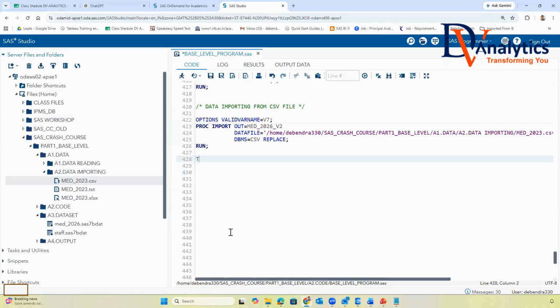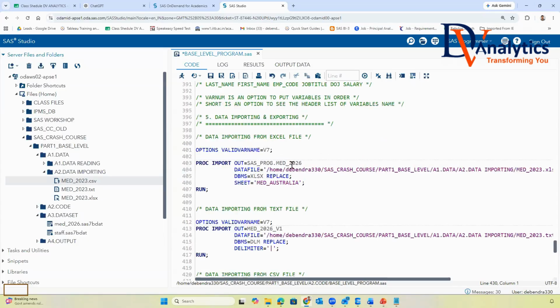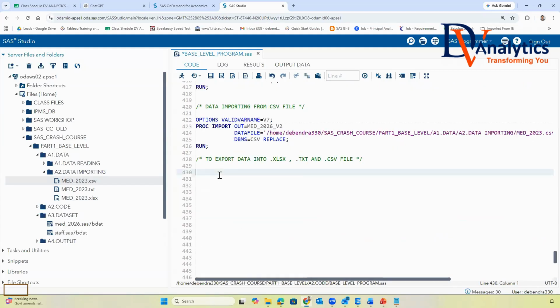Now to export data into .xlsx, then .txt and .csv file. How do you do that? Let's say I have this dataset. I want to export this to a text file, CSV file and all.